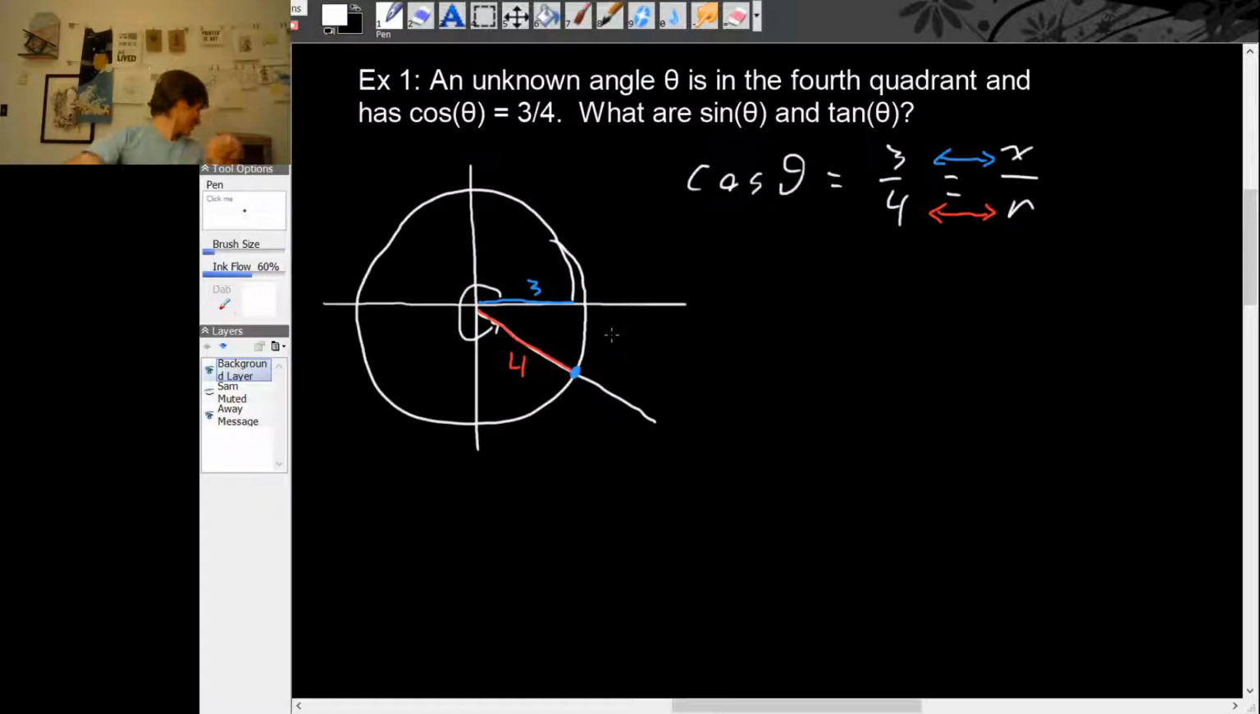Well, now that we have... Calm down, cats. Now that we have two sides of this right triangle,